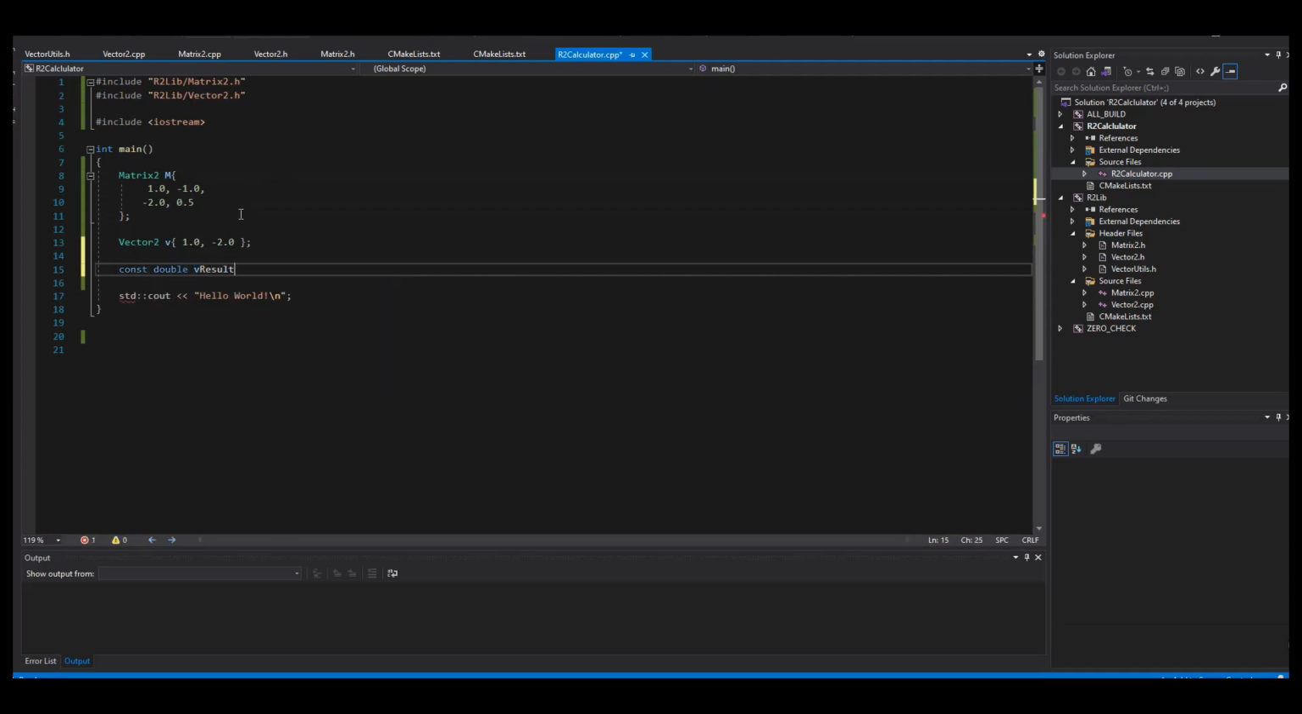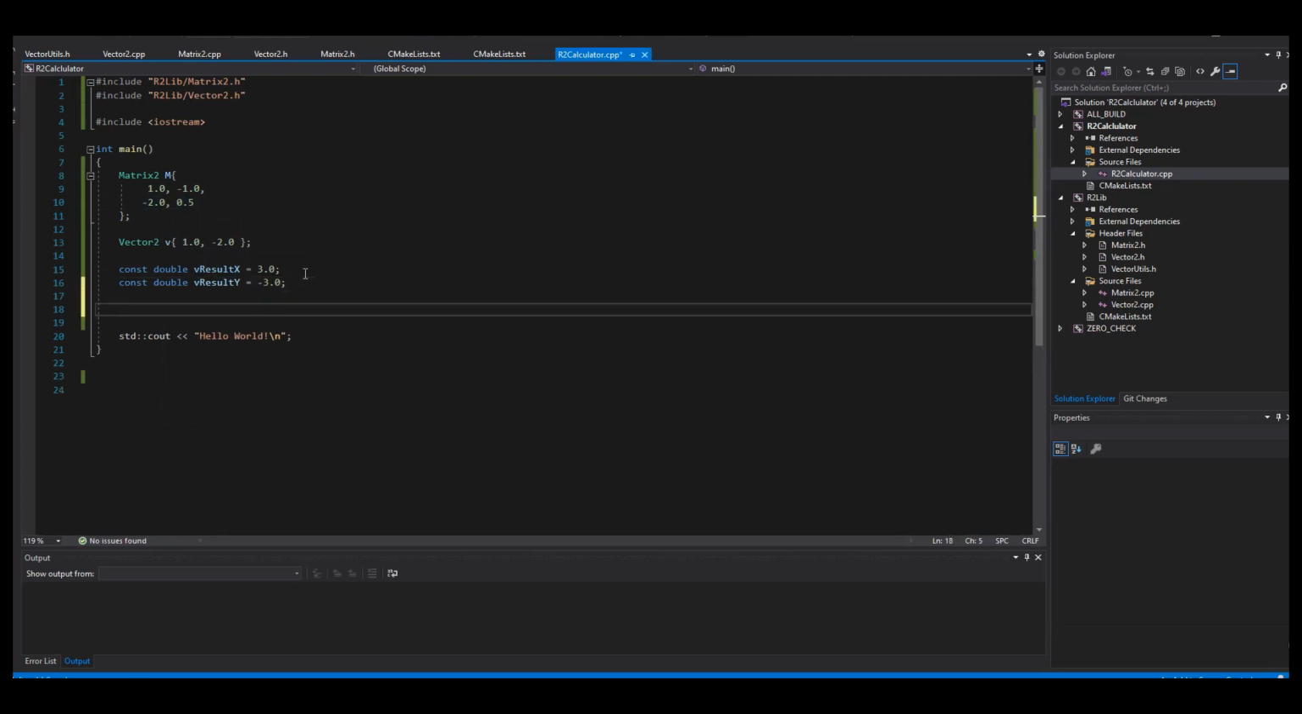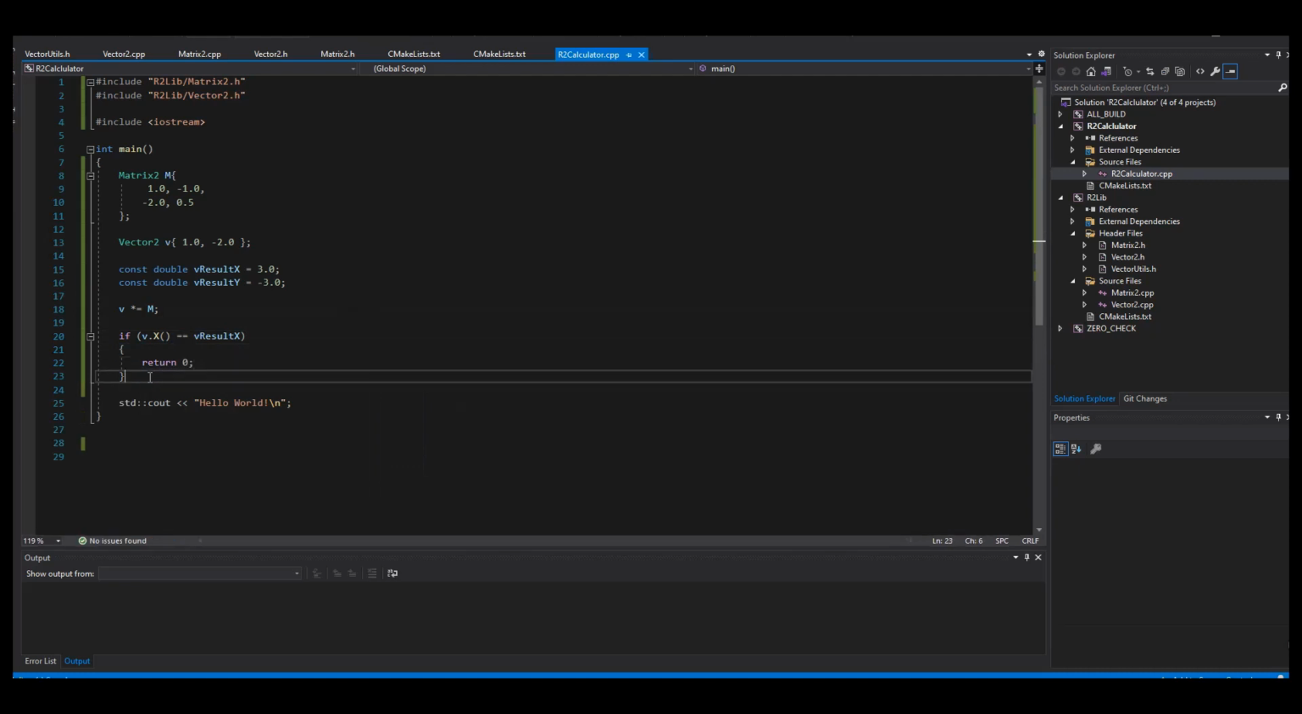The resulting x coordinate should be 1 times 1 plus -1 times -2, that's 3, and then the y coordinate will be -2 times 1 plus 0.5 times -2, that's -3.0. We'll actually test a specific function, and in our case it will be the multiplication assignment operator of matrix on vector. Now, one trivial way of testing this would be just to use simple if blocks with some return value, say 0 if it's successful or 1. And we can also do asserts,